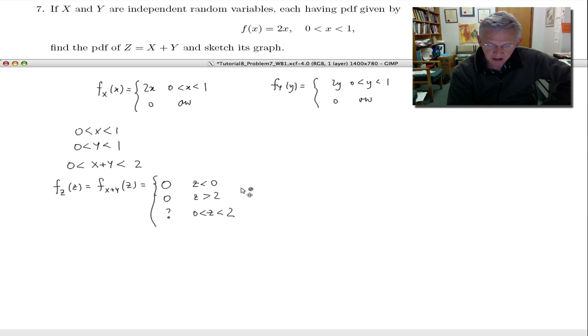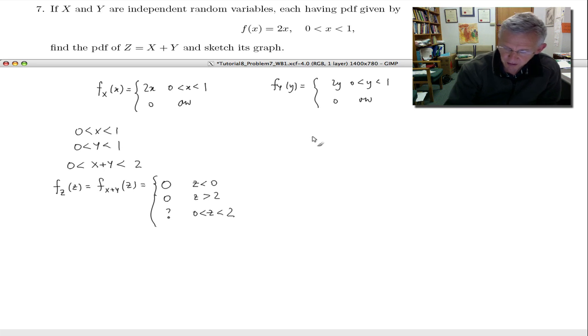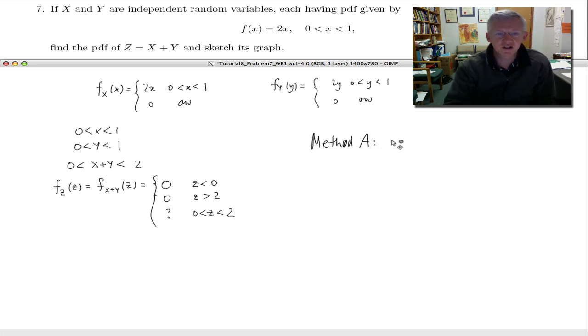How would we tackle this problem? Well, there are two main methods that you could use, and we're going to look at each one individually. So method A is to say, well, it's just the sum of independent random variables. I can use the convolution formula